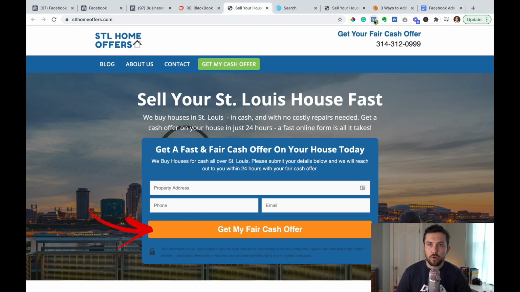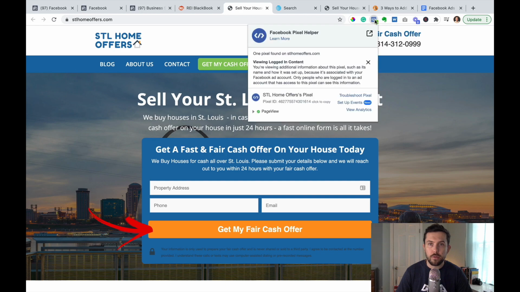If you're using Google Chrome, there's a Chrome extension called the Facebook Pixel Helper. And so the way to know that you installed the code properly and that Facebook can see the code is you use this little Chrome extension called Facebook Pixel Helper. Click on it, and you can see that in fact the STL Home Offers Pixel is on this page.